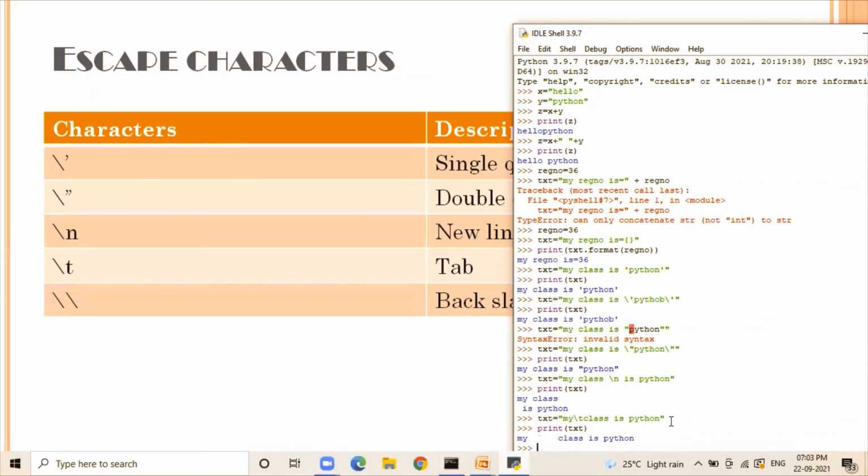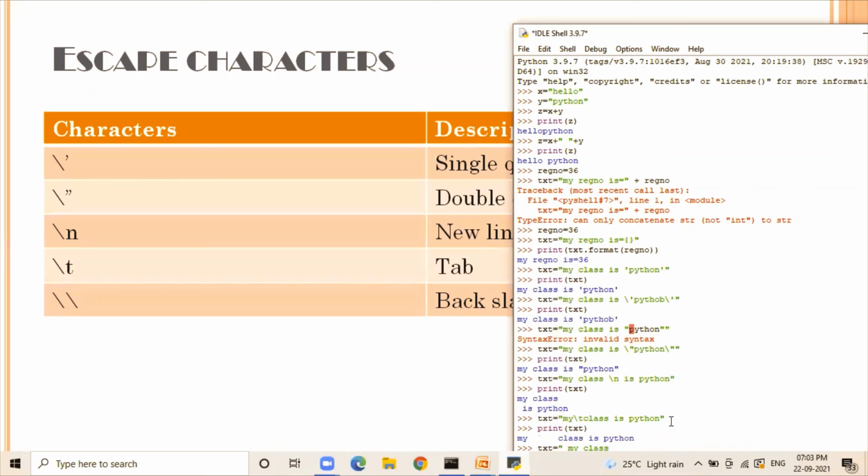Next you have a backslash. If you want to insert the backslash in a string, then you can use the double backslash. One backslash tells you it is an escape sequence or escape character, and another backslash is used for displaying the backslash in the string.